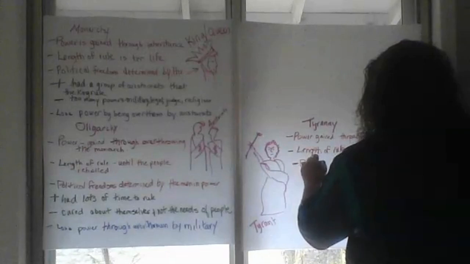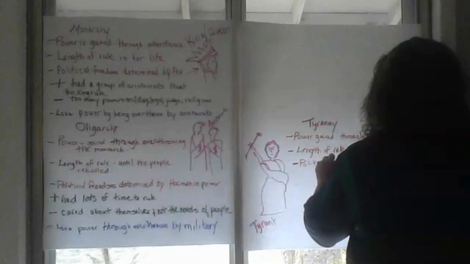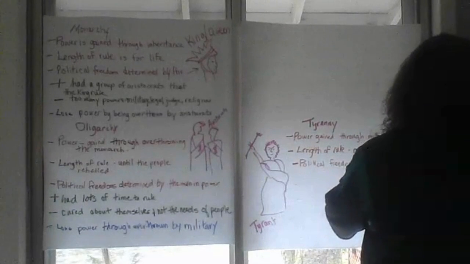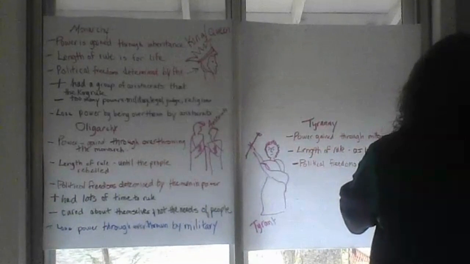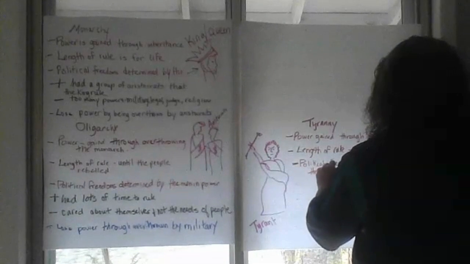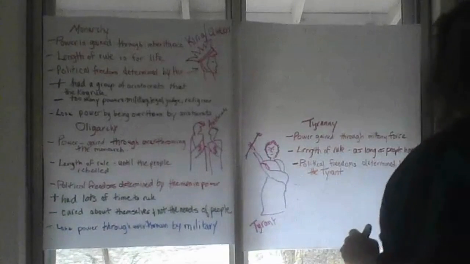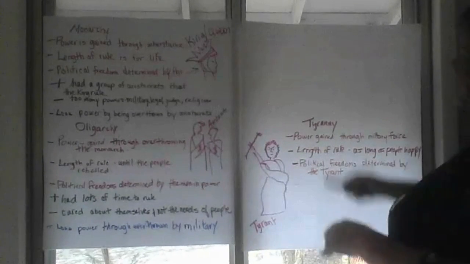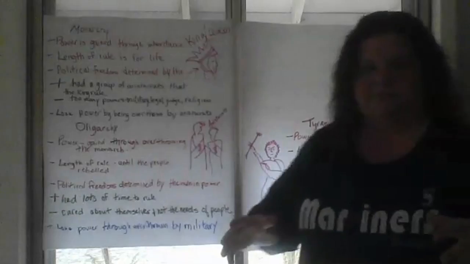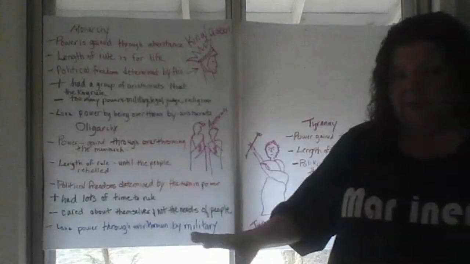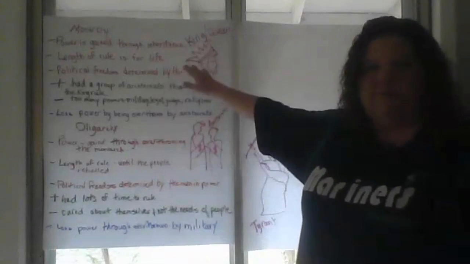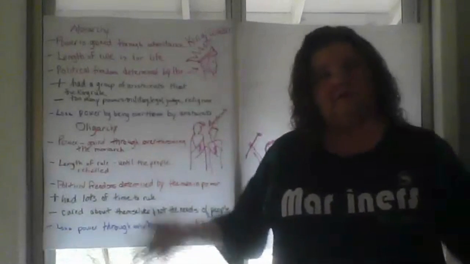Okay, in this case, of course, the political freedoms of the people were determined by the tyrant. He was the boss, one boss, just like the monarch in some ways, but he had to continue to figure out how to keep power and make people happy, or have so much control over them that it didn't matter if they were happy or not. He wasn't born into it. He really had to work to be the leader.